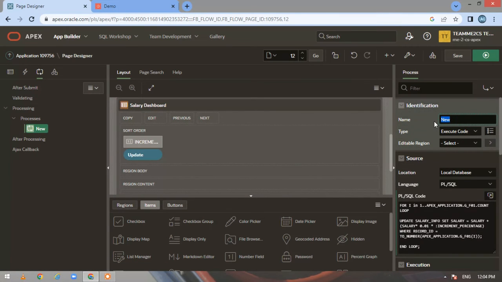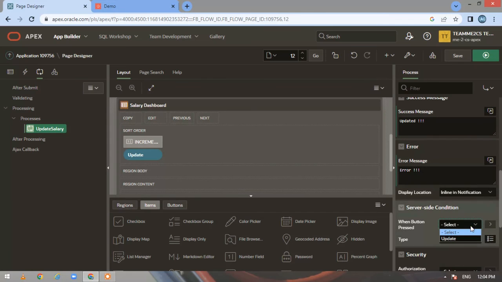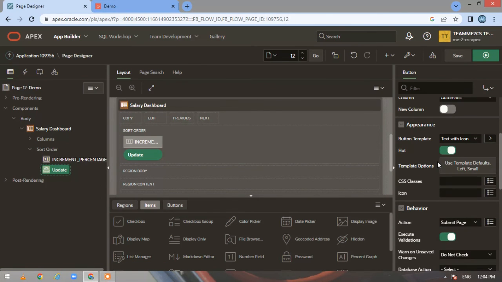Let me name it as update salary, and I want a success message to come to me as updated. If there's any error, an error message should come to me as error. And on the server side condition, you just need to select the button on which you want this particular process to happen. Now coming to our button, this is the button, and here